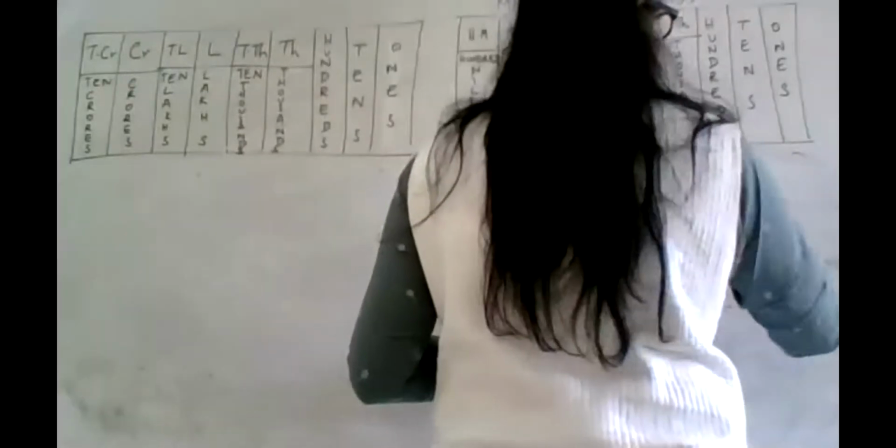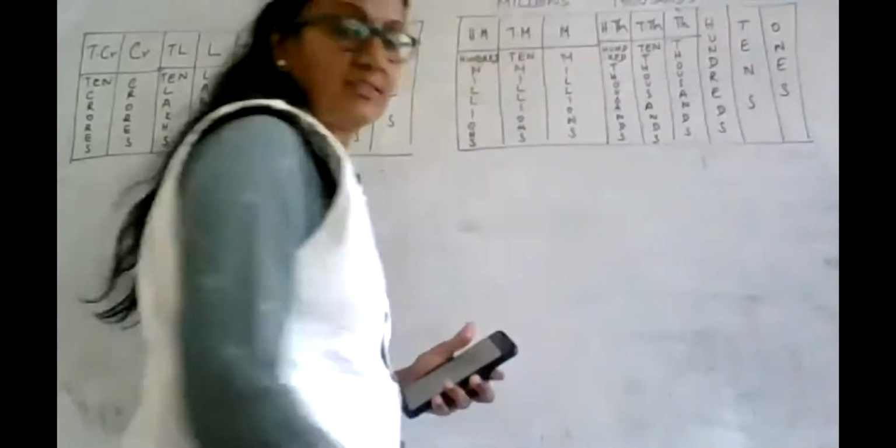The expanded form I am leaving to you, because it is just writing the places for the given digits and then writing it in the expanded form. Here, together we will try to name the number in both the systems. The second number given was, you can look at your textbook, 5, 1, 2, 7, 4, 8, 9. So this is the number given to me. Now I'm going to write this in the Indian system. So for that I have to put the numbers.